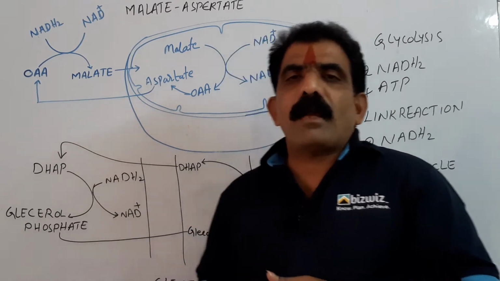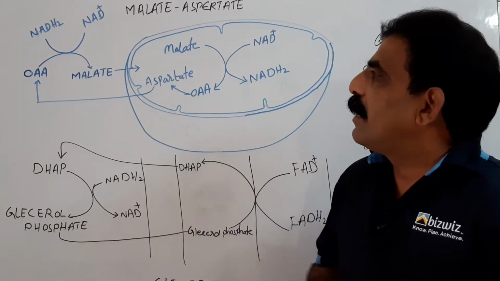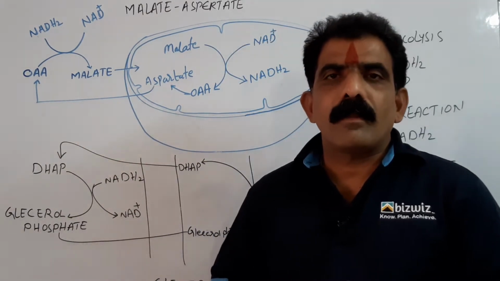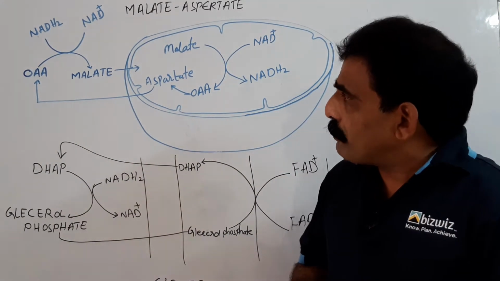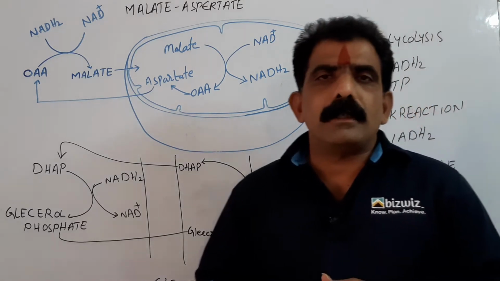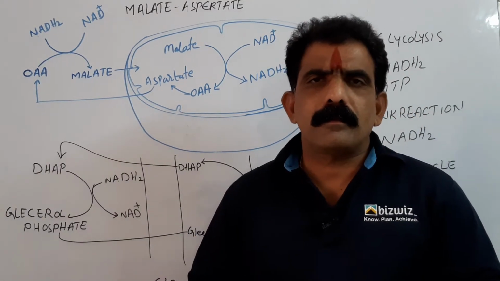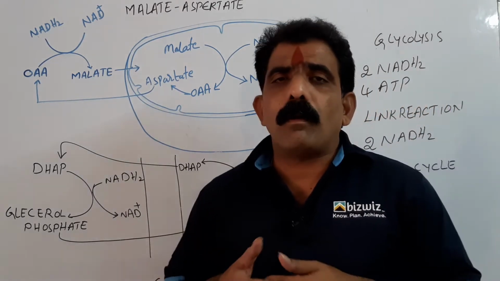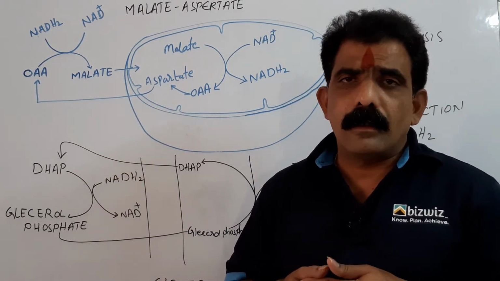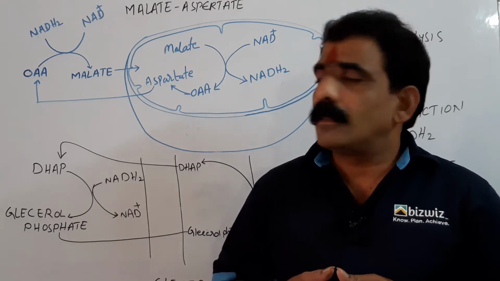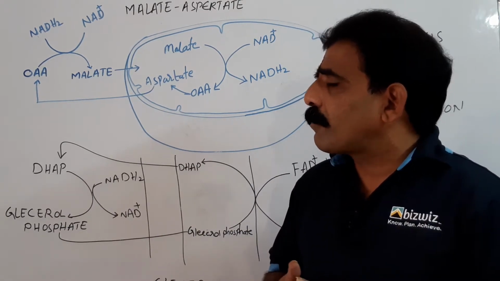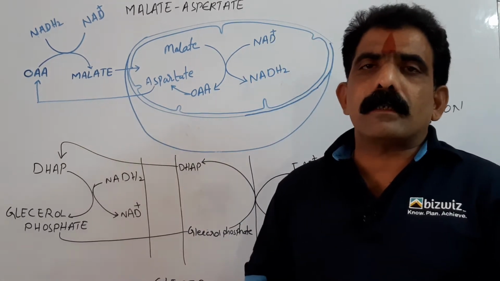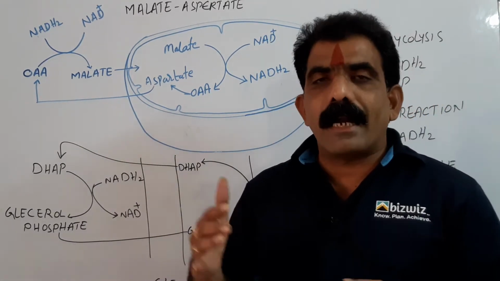In this session, I am going to discuss electron shuttle systems which are present in eukaryotes. Actually, these shuttle systems are absent in prokaryotes because in prokaryotes there are no membrane bound cell organelles. So, shuttle systems are absent. On the other hand, the electron transport system of the prokaryotes takes place on mesosomes which are in contact with the